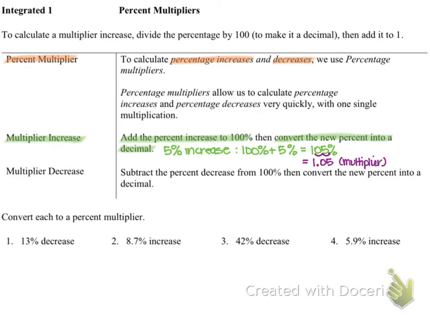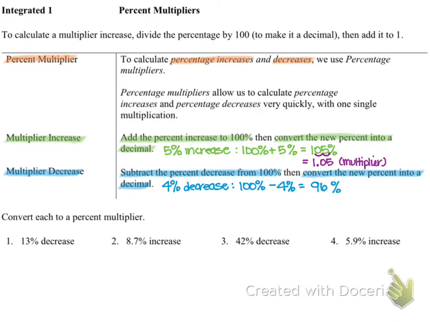Now, let's take a look at the next kind. Well, the next kind is if we have a multiplier decrease. We're going to subtract the percent decrease from 100%. So we're always going to start with 100%. Then convert the new percent into a decimal. So same process, except if it is a decrease, so let's say we have a 4% decrease, we're going to start at 100% and we're going to decrease that by 4%. So that's going to give us